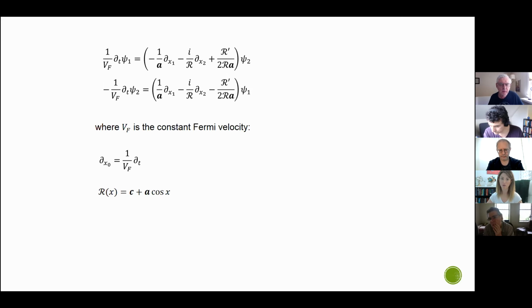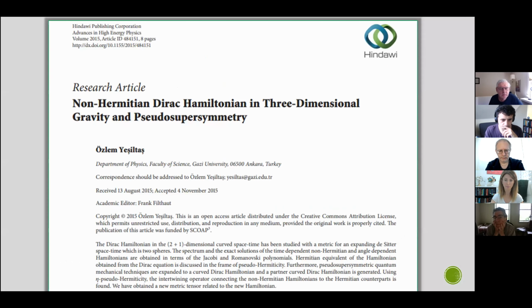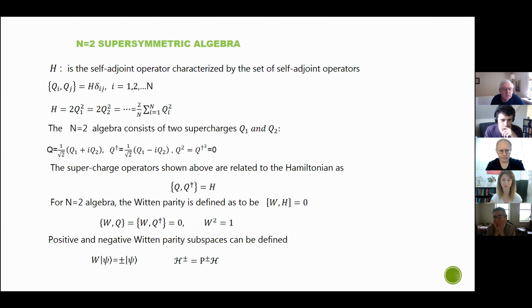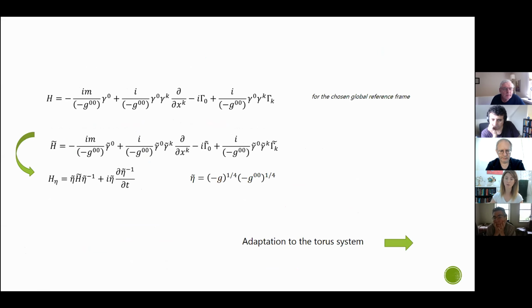I just want to introduce this constant Fermi velocity in here in order to make the problem easier. But in the second part of my study, there is a non-Hermitian operator. And when it comes to the torus flat space-time Hamiltonian, as you said, in my system, there is no time dependency. So I can,